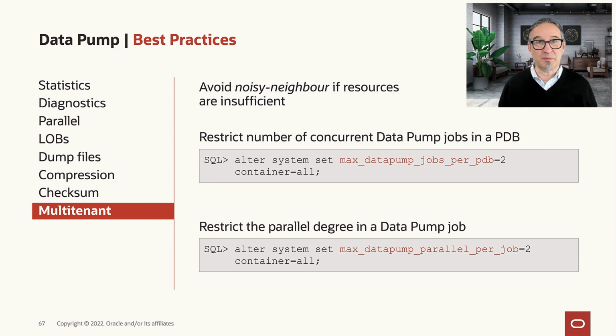Finally, in the best practice section, most useful, especially in cloud environments, to avoid any noisy neighbor disturbance, and especially also if resources are insufficient, restrict the number of Data Pump jobs in a multi-tenant environment. I said cloud because we saw this coming up in cloud environments quite quickly with a lot of PDBs. And unfortunately, these max data pump jobs per PDB and max data pump parallel per job, those parameters are set